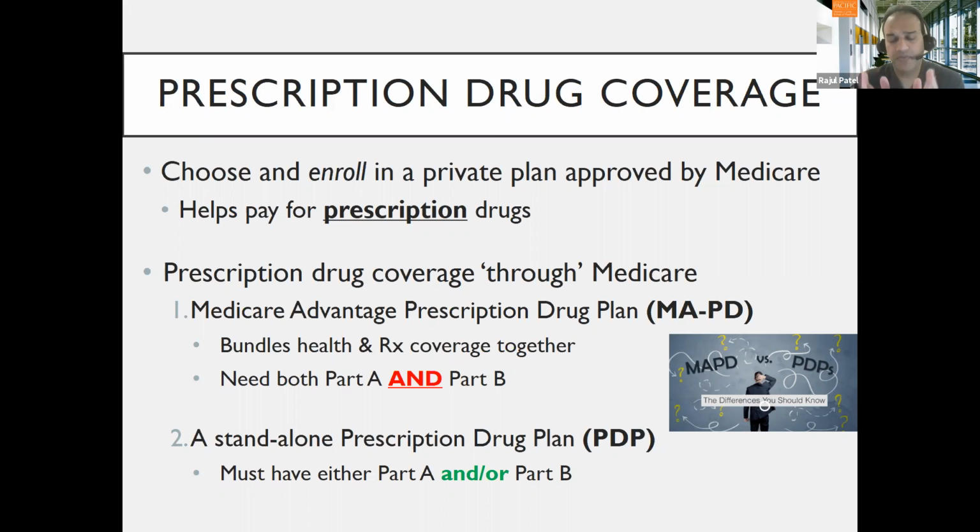If you have Medicare, your first fork in the road in terms of how you can get your prescription drug coverage is the following. You have two primary options. You have the Medicare Part C plans, or those Medicare Advantage plans we just talked about, sometimes referred to by the acronym MAPD. MA stands for Medicare Advantage and PD stands for prescription drugs. As we said, these will cover all of the A benefits and the B benefits, and in this case also include the Part D benefits. And you need both parts of original Medicare to be able to join such a plan.